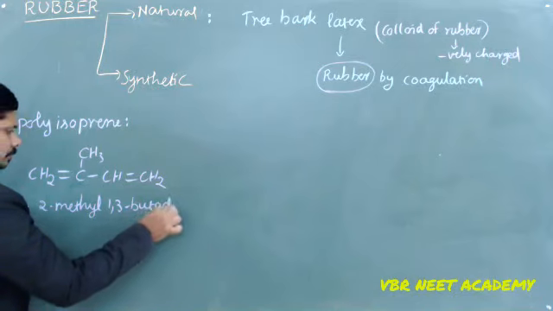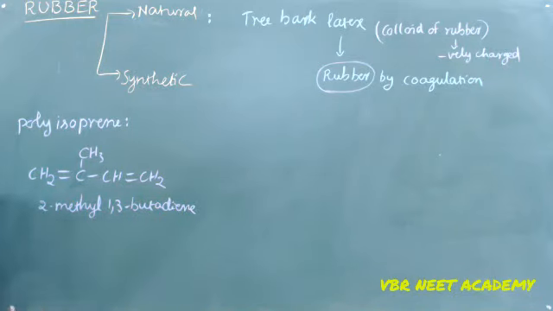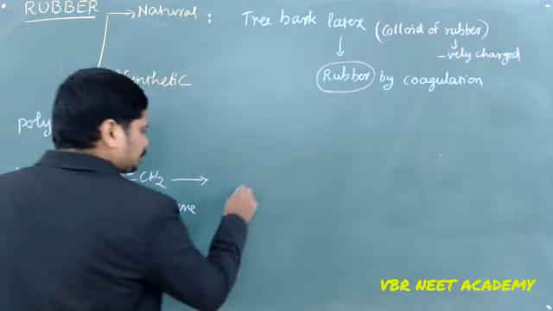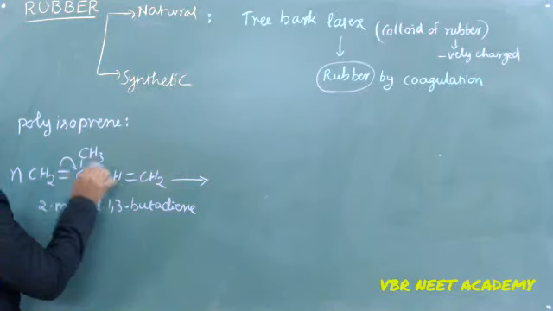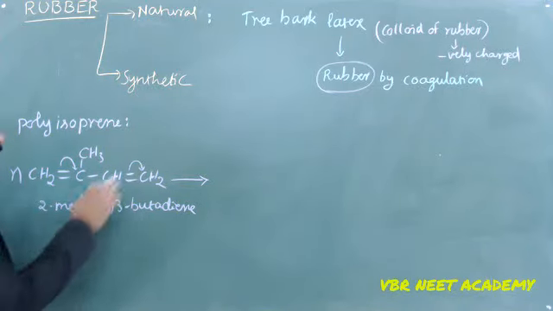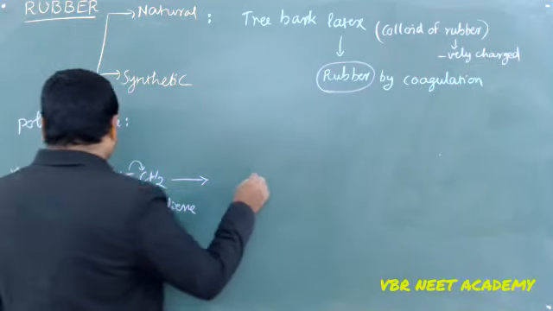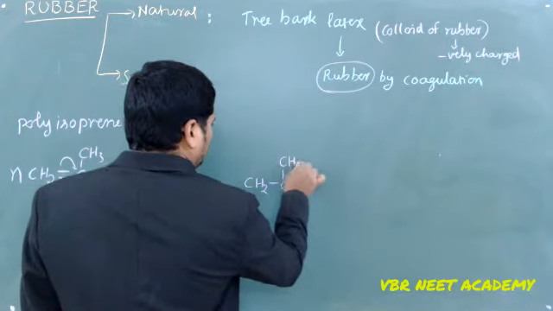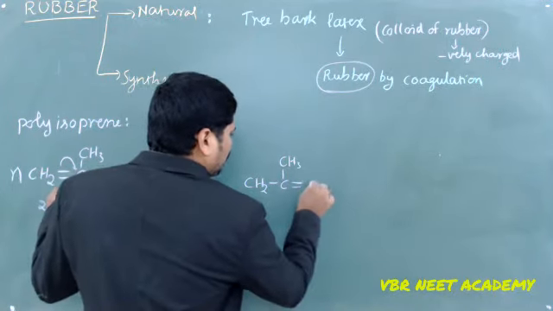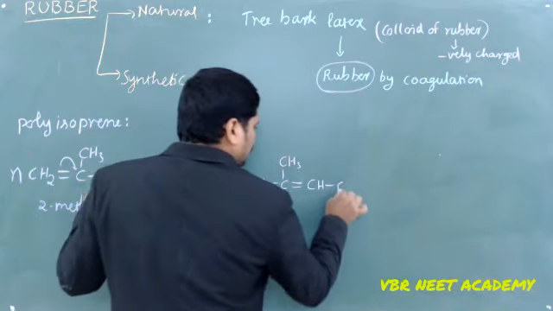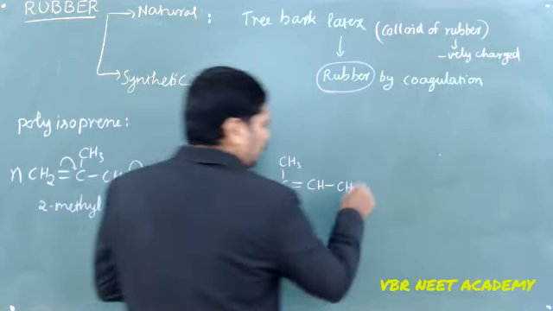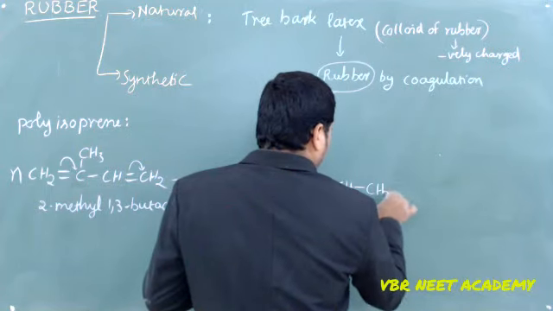2-methyl-1,3-butadiene is nothing but isoprene. N number of isoprenes are going to be polymerized. See, this double bond will shift like this, this double bond will shift like this. Obviously, one more is going to be joined. I can represent this one with CH2 single bond CH3, and now here I am going to have the double bond CH and CH2. So if I want one more monomer to be joined, CH2